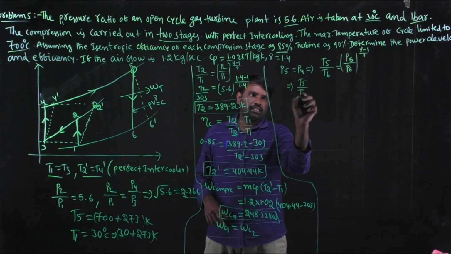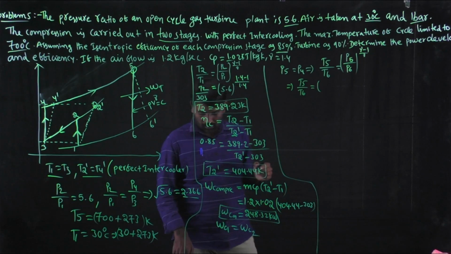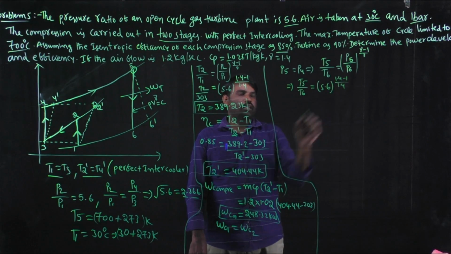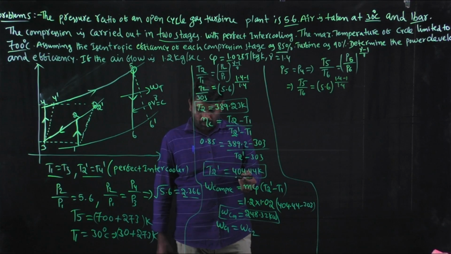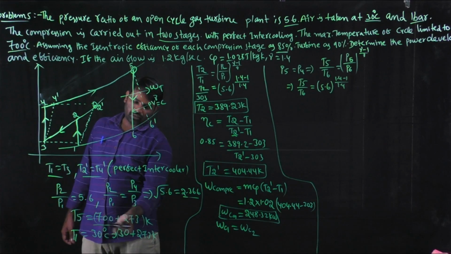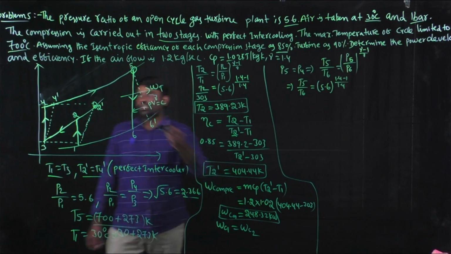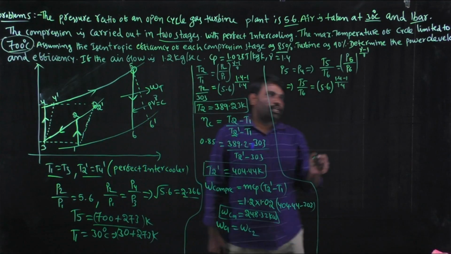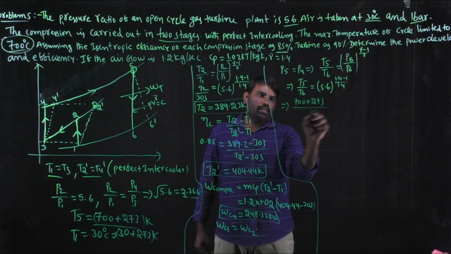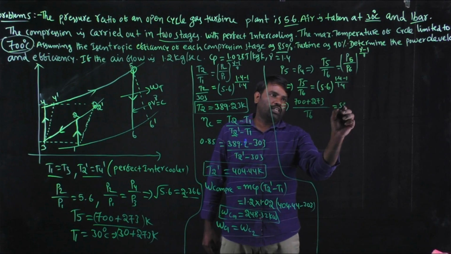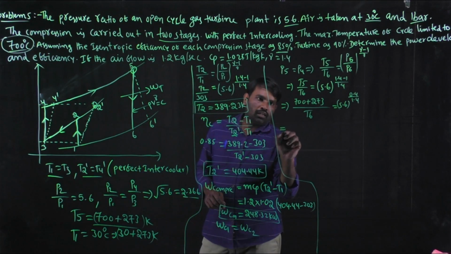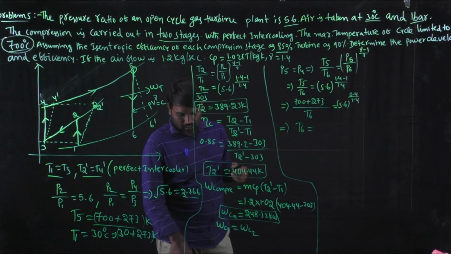T5 divided by T6 is equal to 5.6 whole power (1.4 minus 1) divided by 1.4. In this relation T6 we have to calculate, and T5 is given in the data, that is 700 plus 273. The maximum temperature in the cycle is T5, that is given as 700 degrees centigrade, so you have to substitute that in the T5 place. (700 plus 273) divided by T6 is equal to 5.6 whole power 0.4 divided by 1.4. So T6 is equal to